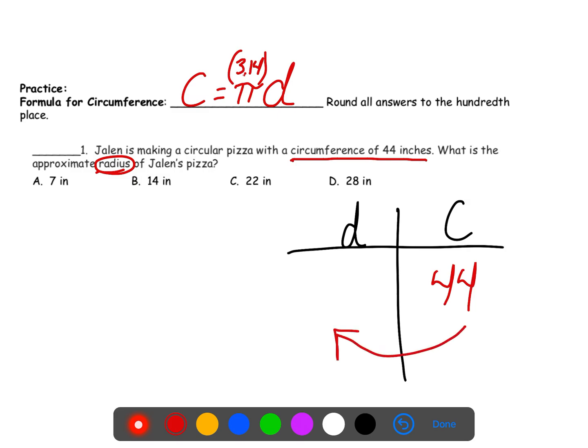To go to the diameter, I need to get about 3 times smaller. So I'm going to divide by my constant of proportionality, which we're rounding to 3.14. Now, 44 divided by 3.14 is a long number. Remember, we're rounding to the hundredths place. So it's